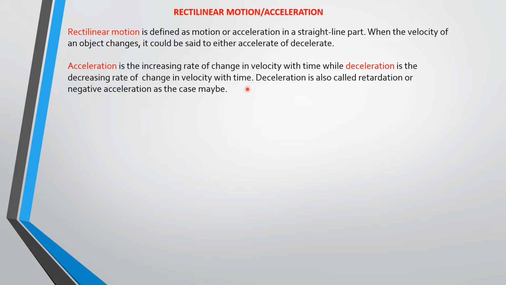Now with this, we can find that if an object has an initial velocity u, and a final velocity equals v, then you can see that